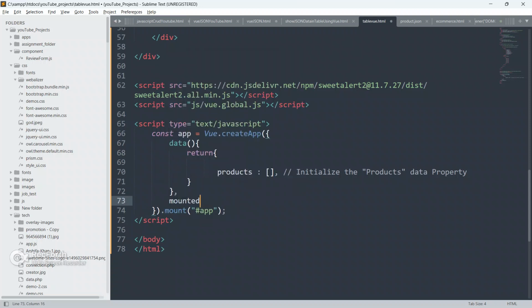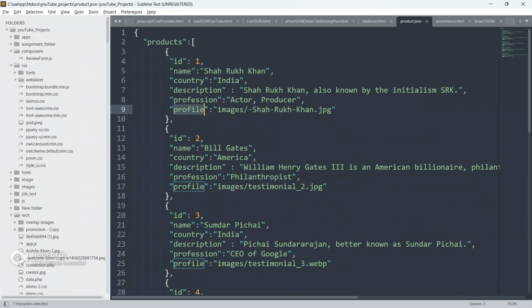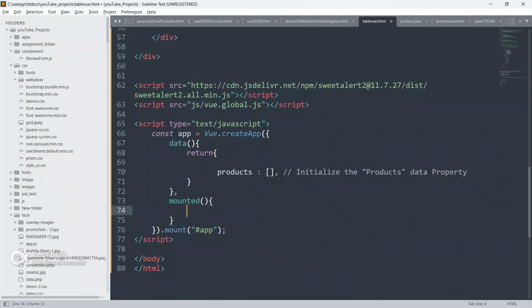So put comma, give mounted, and inside the mounted object we have to write our JavaScript fetch method, just to fetch all the things from this JSON file by using the fetch method, and then we will update this products data property array.